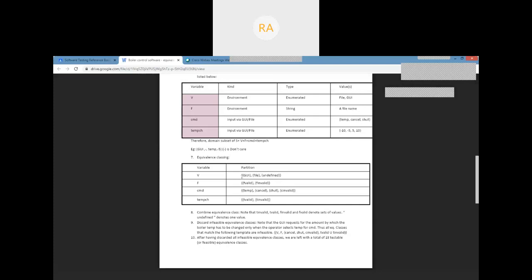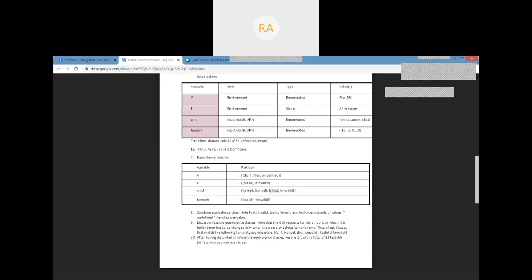After that I have something called F, which basically represents the file name. File name can be valid and invalid. That is, I can give a file name which exists, or the user can give a file name which is not present in the file system. That's why they are considering two classes, two subdomains, that is F valid and F invalid. And together I am representing them within one set.